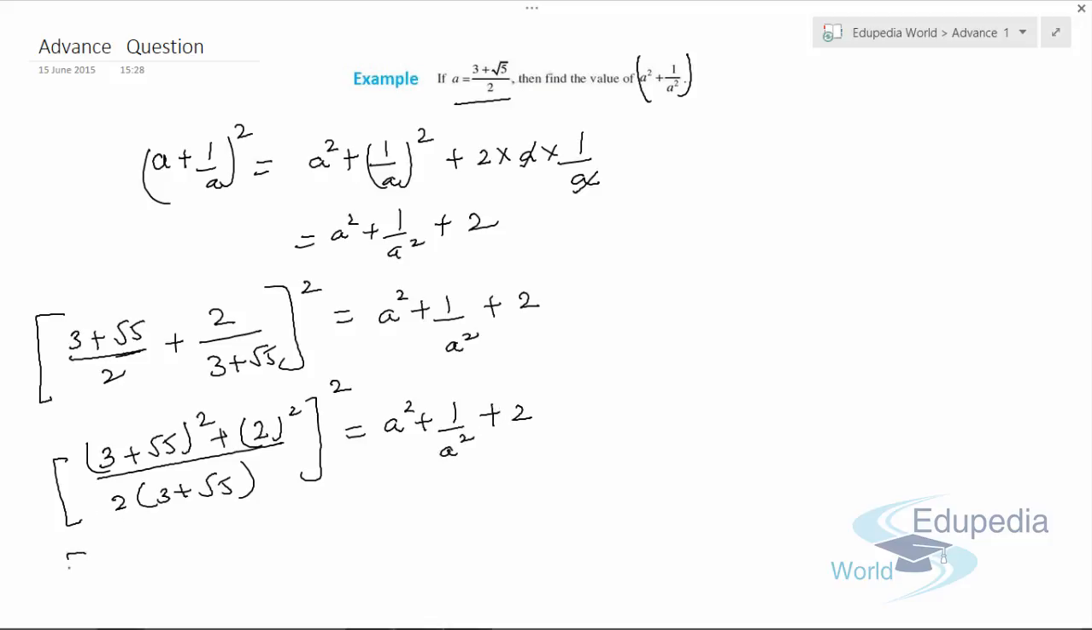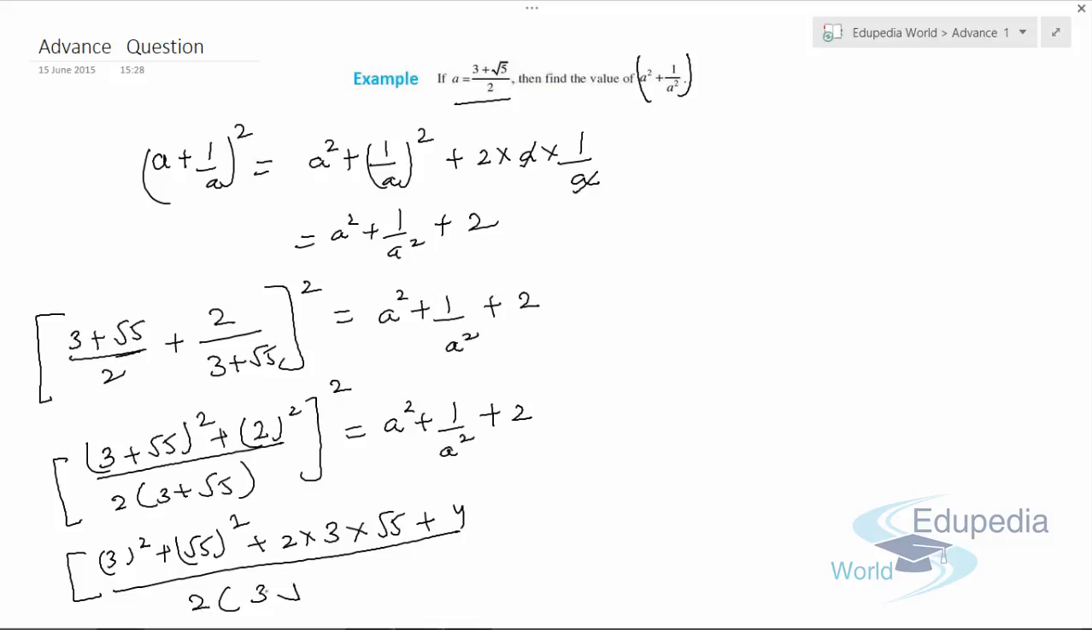Now we'll solve this bracket. It is a plus b whole square, so it will be 3 square plus under root 5 whole square plus 2 into 3 into under root 5 plus 2 square, which is 4, upon 2 into (3 plus under root 5) whole square, which is equal to a square plus 1 by a square